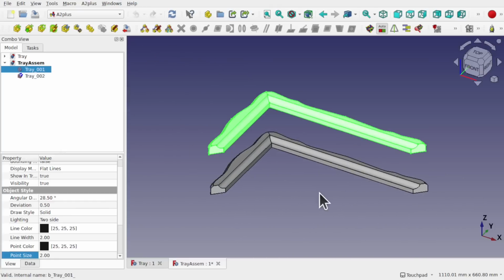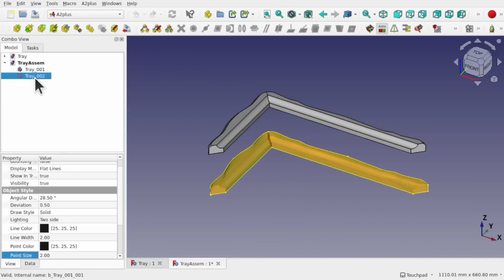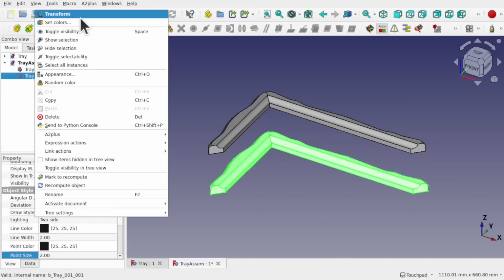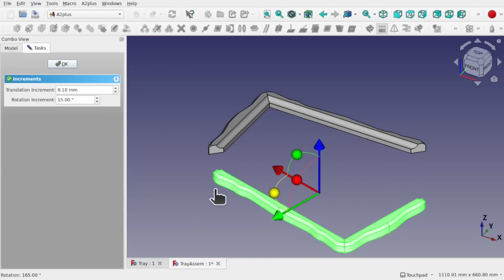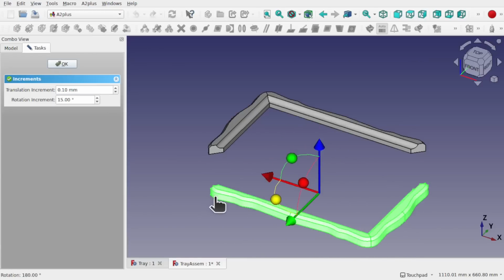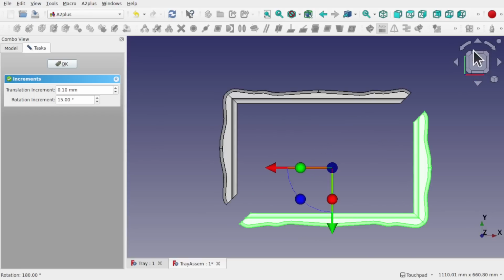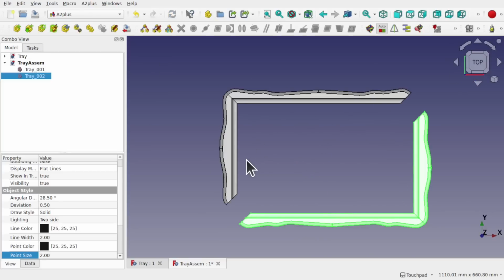That means we get a duplicate part there and we can click on it, right click, transform, rotate it around into the correct position, and then create, look from the top, make sure it's rotated correctly, and then create our constraints against those. And that's as easy as coming in and targeting